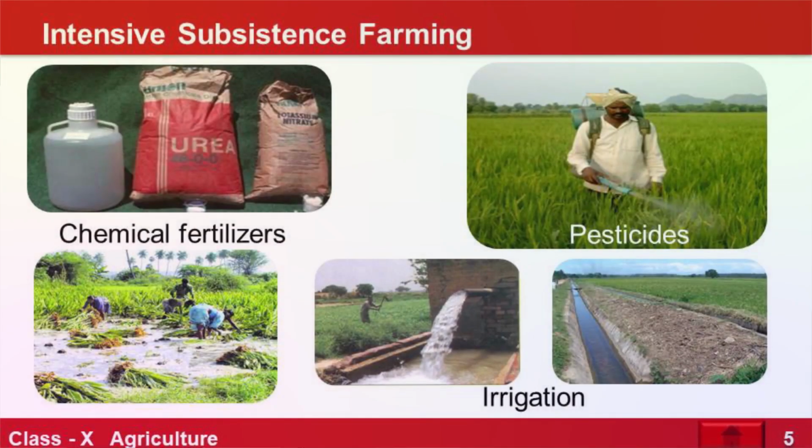So now you have a small land and you have to survive. So what are you going to do? You are going to put a lot of pressure on the land. Every year you are growing crops with the help of chemicals, fertilizers, this and that. So there is a pressure on the land to grow. It's called intensive subsistence farming, where you are using chemicals and fertilizers.